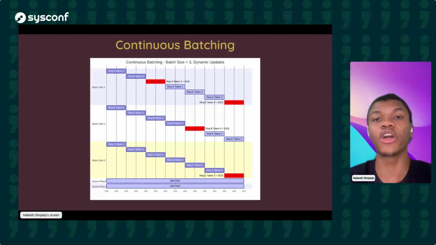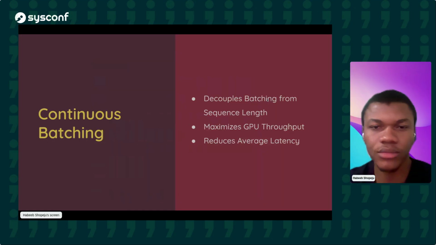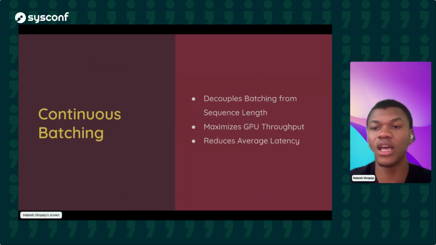And this works because now with the KV cache, we've isolated the prefill stage from the decoding stage. Hence, every single time, because we are only passing in 1 token, all the tokens here can actually be batched at that regular static batching level, and you can generate tokens there. So it's still 1 token, even when this is request C at token 4 stage, token 1 stage can still work. So that's essentially what continuous batching is doing. It decouples batching from sequence length, maximizes throughput, and then reduces average latency.